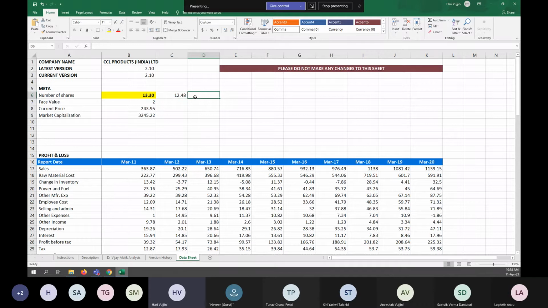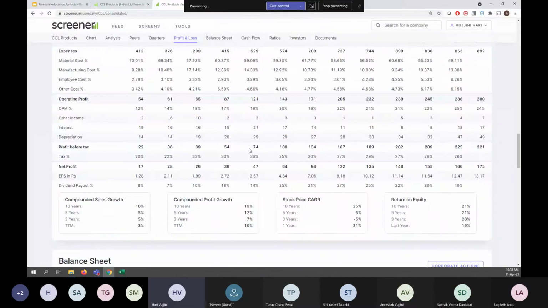Suppose I own 100 shares of this, and for every share I get 12.48. You multiply, so you get 1247. So it depends on how many shares an individual owns. It's an easy mechanism to give the EPS, earnings per share. Some people own one share, some own 1 million shares, some own 1 billion shares. They just multiply it with the number of shares that they own.